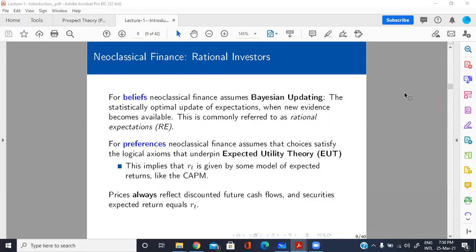So we have learned that individuals in neoclassical finance are assumed to make their choices using expected utility theory, and they want to pick that option or prospect which gives them the highest utility. And we also have learned that there are some axioms which support the expected utility theory. At the same time,